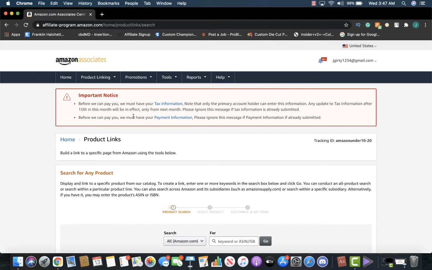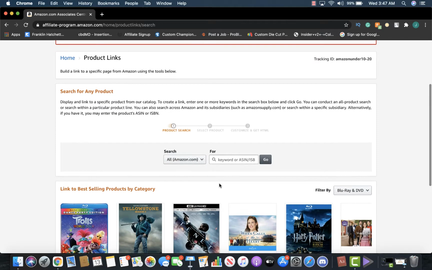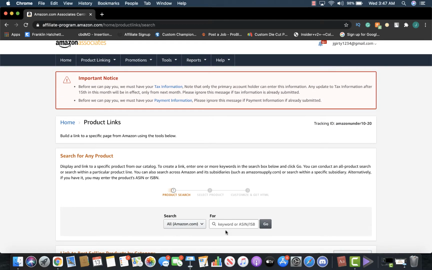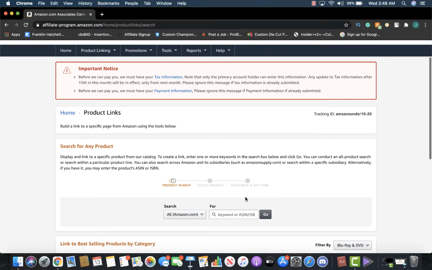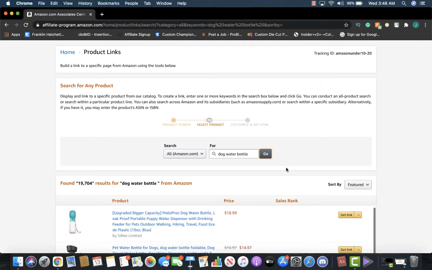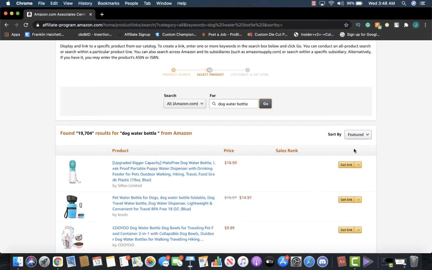Alrighty, you guys, here we are in Amazon Associates, and this is the main area you'll be spending most of your time. And this is how you get your product links and affiliate links to whatever products you want to sell. So right here you see a search bar, and it says keyword or ASIN/ISBN. What we're going to do is just put in a random gadget. Let's say we'll go ahead with dog water bottle since it's already there. We'll look that up and say this is the one that we want, $18.99. What we're going to do is click link,